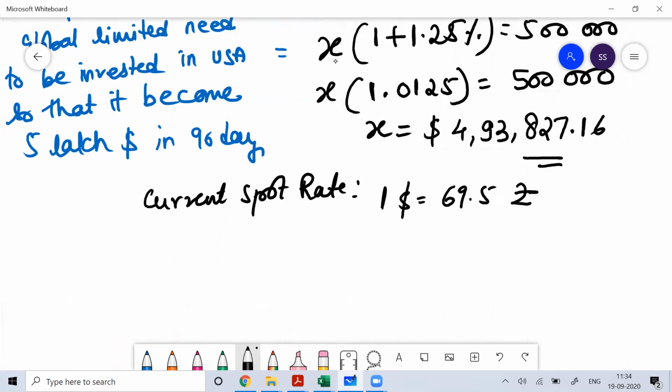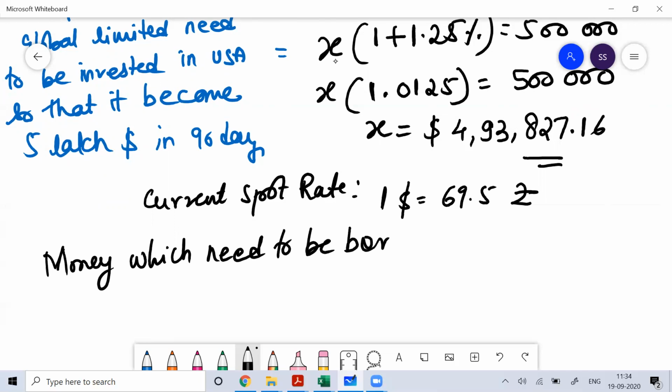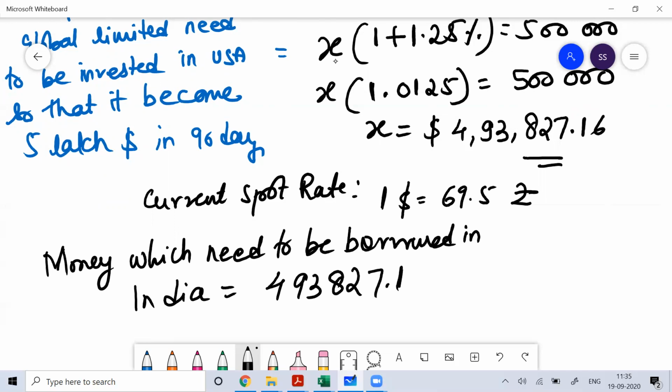Okay, so the money which needs to be borrowed in India is 4,93,827.16 into